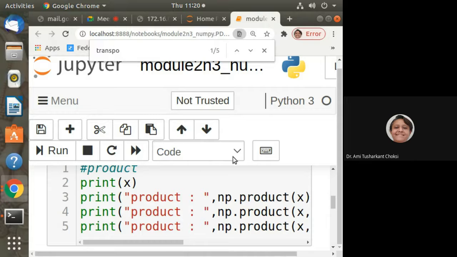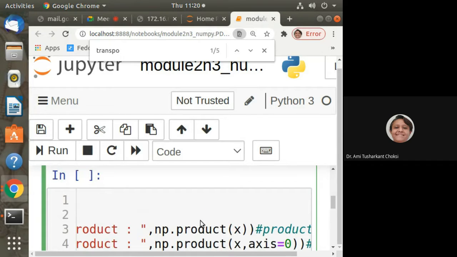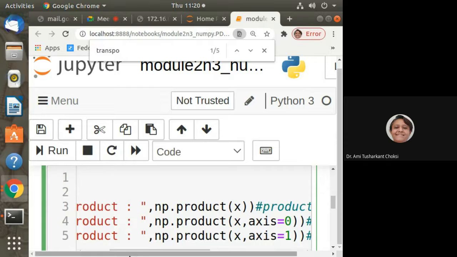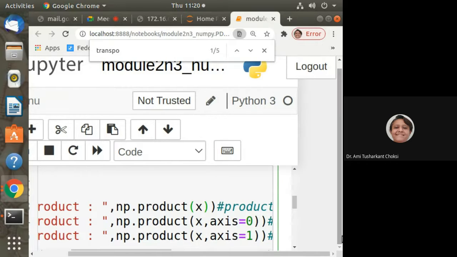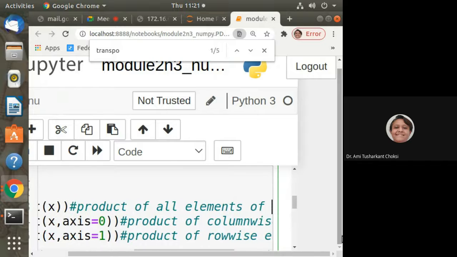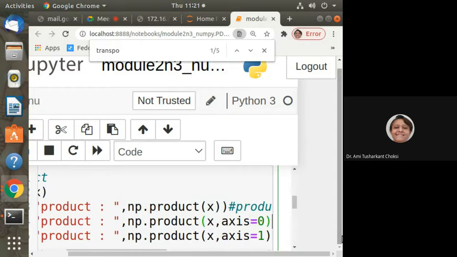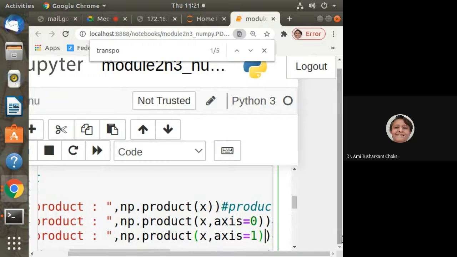Now we want to find the product. So what we want is to separate axes, then we have the product with itself. This is the whole matrix I am giving. Product of all elements of the array. Then what I am doing is np.prod of x comma axis is equal to 0, that means column wise. And here I am providing axis is equal to 1, so row wise.